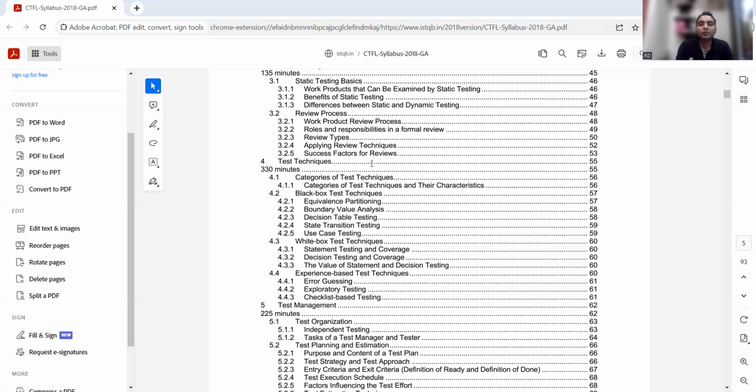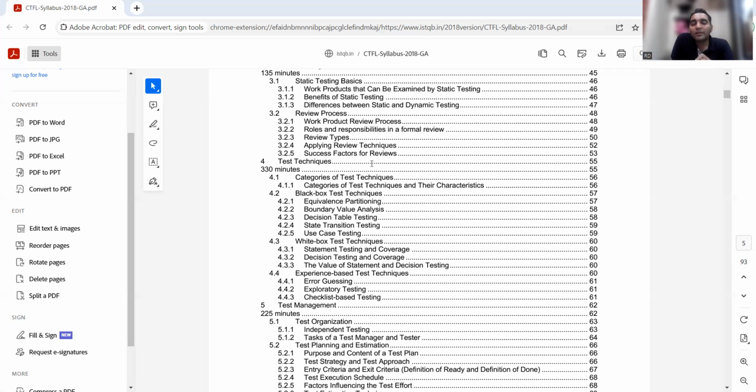So I'm telling you, for these testing techniques, generally they will ask you scenario based questions, and it's a multiple choice based exam. So you will have 3 to 4 options, and if your preparation is not enough, then you will get confused between 2 of the options out of the 4 options. And no negative marking is there. That is a very important thing that you will have to keep in mind.